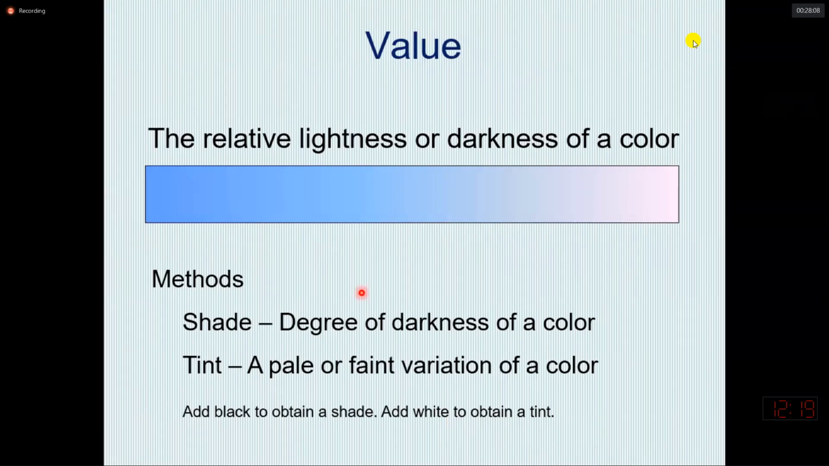The next feature is value. Whenever we talk about color, there is sometimes lightness, sometimes darkness. So there is a difference between a shade and a tint. Whenever you add black to any color, you will get a shade. But whenever you add white to any color, you get a tint. Usually, shade is the degree of darkness, while